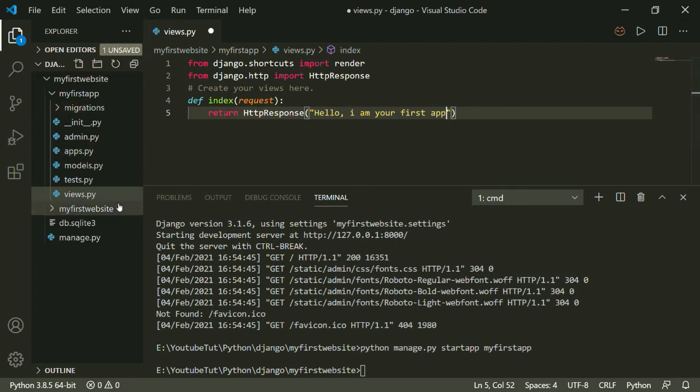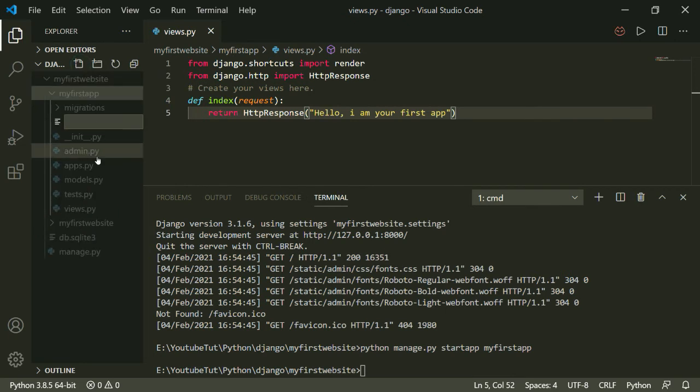Okay, so we have created this simple view, a simple function in our views, and we will also have to create a URL. So I will create a URL file here, and I will name it url.py.